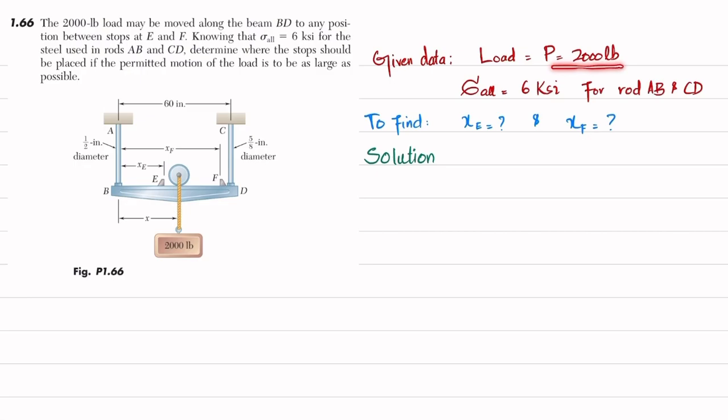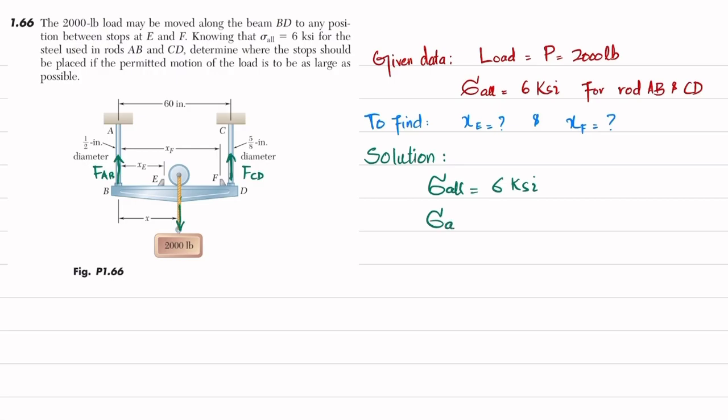The load is given as 2000 pound. Clear? The allowable stress for rods AB and CD is given as 6 ksi. The diameter of this rod is half inch while this rod is 5/8 inch. First, we will find the force due to this load P that is downward. We will have a force in rod AB and rod CD. Let this be FCD